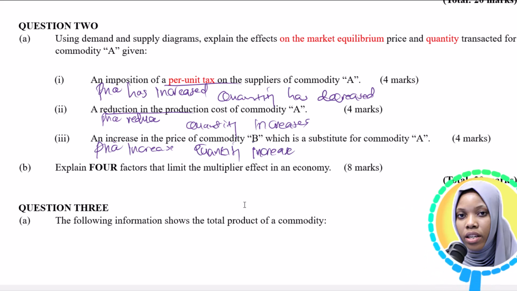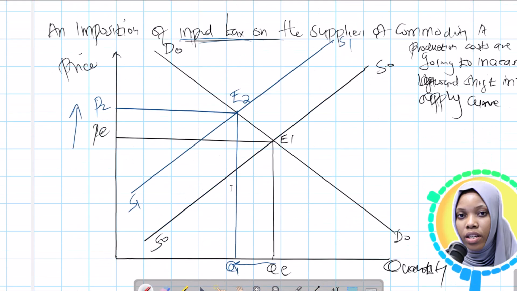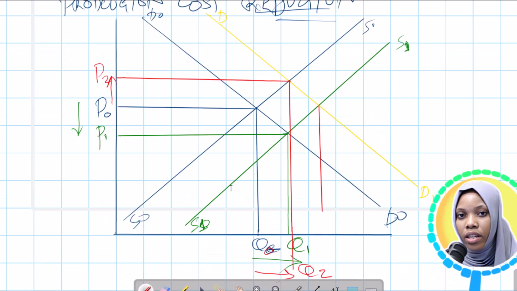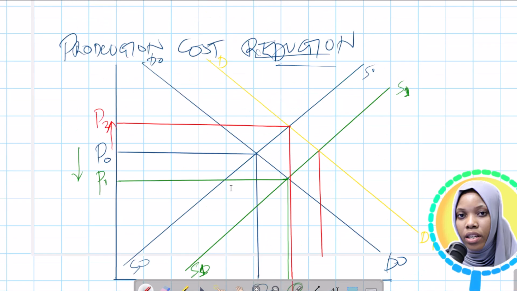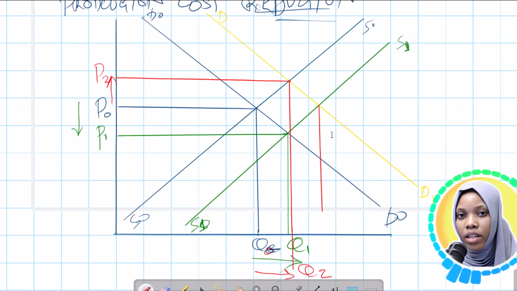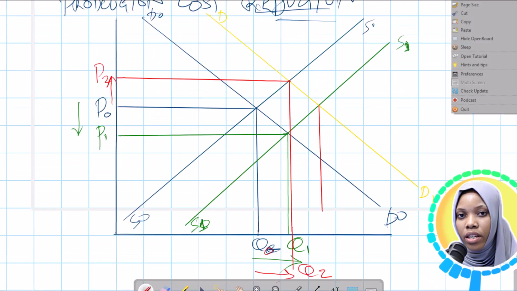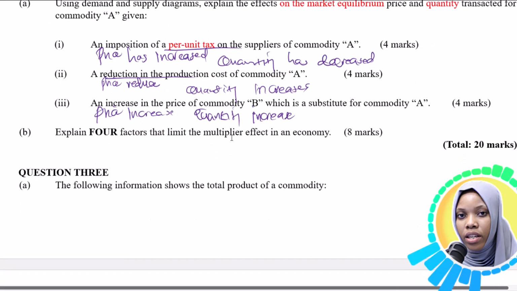That was what we were required to do by the examiner. We are supposed to draw 3 graphs, but we draw 2. But in an examination scenario, you're going to draw 3 graphs. So that is it. Now let's move to part B, which says explain 4 factors that limit the multiplier effect